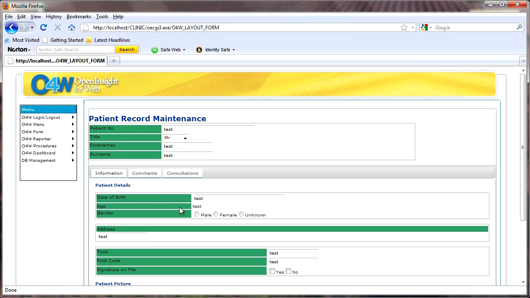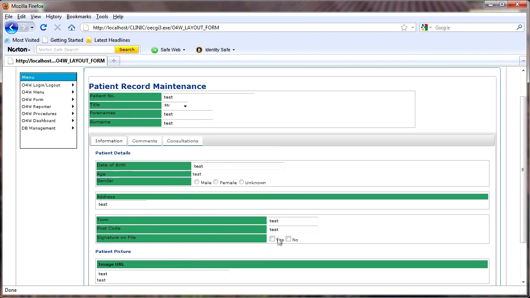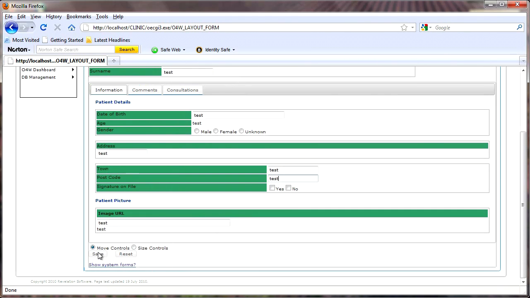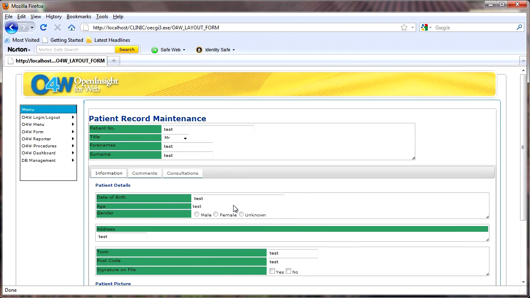I'm not going to move things around, but within this environment here I can select on these controls, and I can just click and move them around if I want to. Like I said, I'm not going to move them, but you can move the controls, or you can size the controls down the bottom here, and once you've actually changed them, then you can save that away. I spent quite a bit of time getting it nice, so I'm not going to modify those,